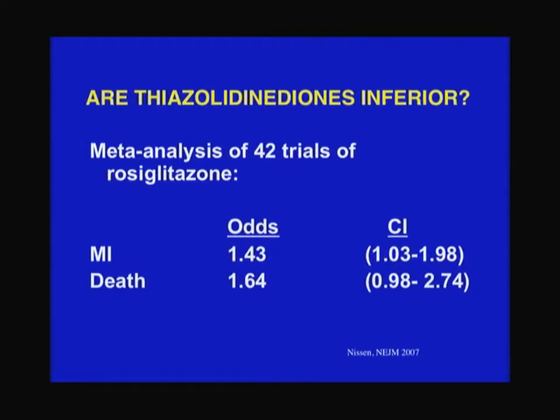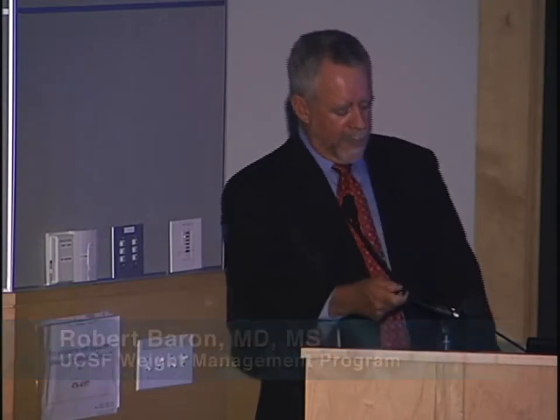But then this study came out in the New England Journal about 3 years ago, and it looked at all the data that they could find about this drug, rosiglitazone or Avandia, and basically showed that if you took Avandia compared to standard therapy, you had a 43% increased risk of heart attack and a 64% risk of death. Now, what you're reading about this week is that this was based on the studies that they could find. And it turns out the company was actually suppressing some of this data. So there was even more. So it was sort of like the Vioxx scandal of a few years ago.